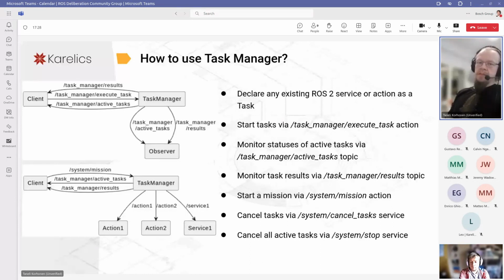Then these statuses can be monitored from the active tasks topic. So once a task starts, it gets published to this topic that this kind of task is ongoing, and its status gets updated when it changes. From the upper diagram here, you can see that there's a client that calls the execute task service, and then both the client and any outside observer node can monitor how this task is progressing, at least in